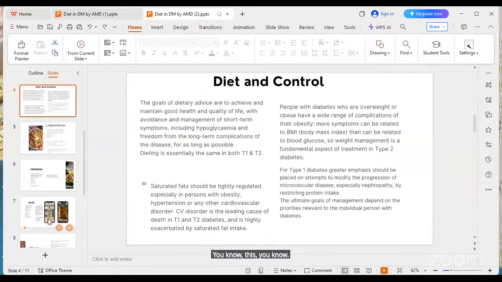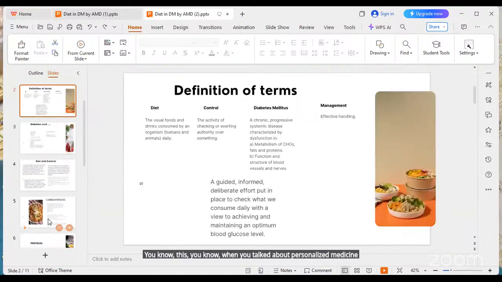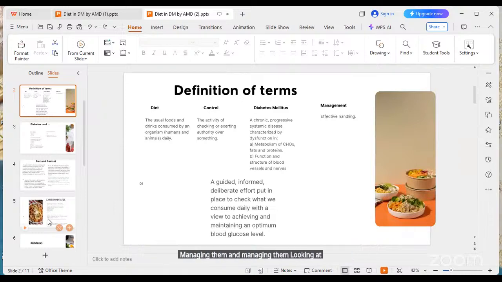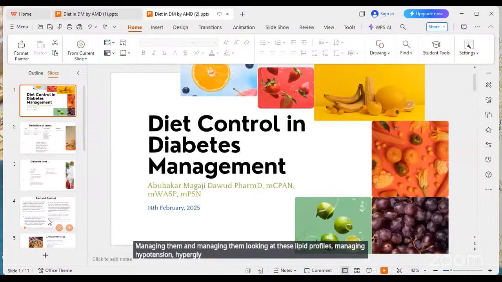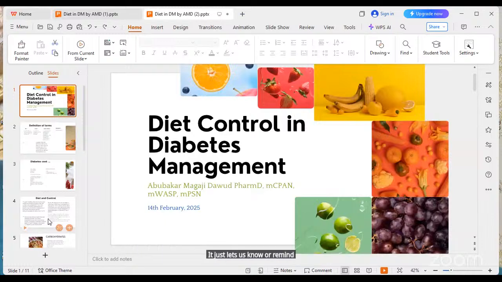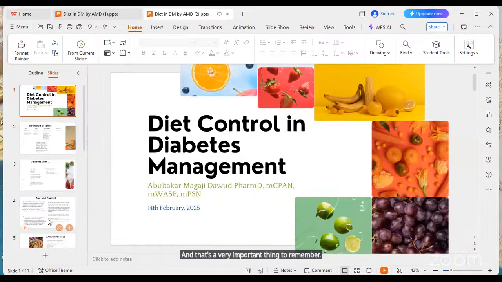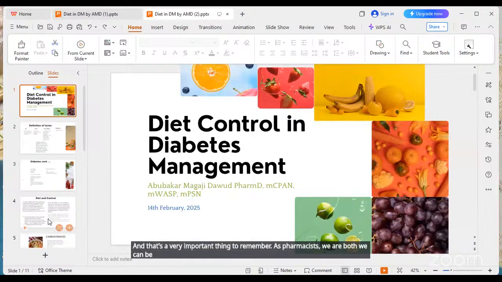When you talked about personalized medicine, diabetic consultation, managing them and looking at these lipid profiles, managing hypertension, hyperglycemia, it just reminds us that we have such an important role to play in patient care beyond just the traditional way that we practice pharmacy. And that's a very important thing to remember. As pharmacists, we can be both the first point of contact and the last point of contact for patients. And that gives us an edge because we have the power to actually make a huge difference in the way that they